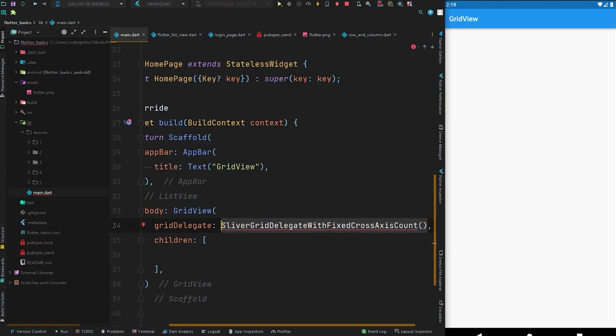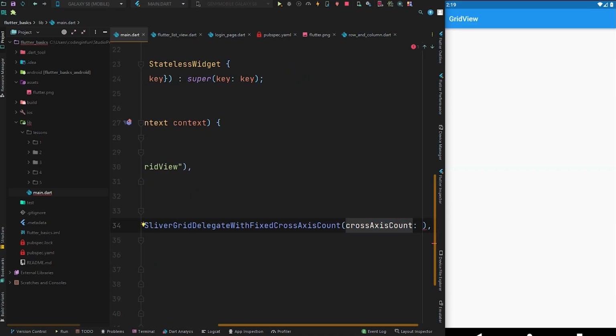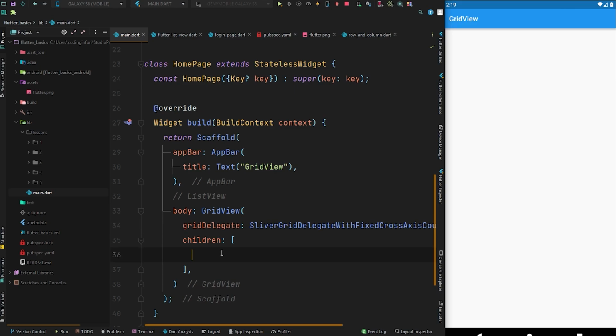And this also accepts one more property, that is the crossAxisCount. Like how many widgets will be aligned horizontally in our grid view. So we will specify it, like we are going to have 1 or 2 widgets in the grid. But if you specify 3, we are going to have 1, 2 and 3, 1, 2 and 3, just like in the grid. So let's say we are going to have 2 for now, and we will test 3 and 4 also. So for now let's keep it like this, crossAxisCount 2, and here in the children we are going